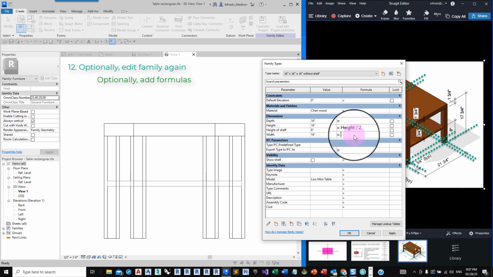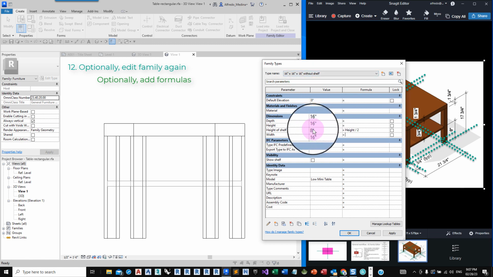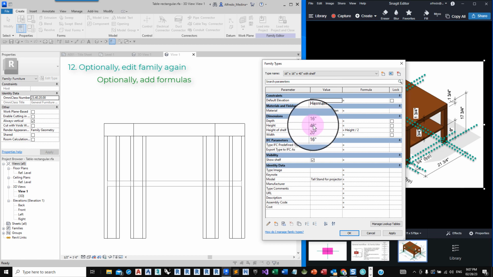And click somewhere else. Now this formula applies to all three types. So notice that now that we have the formula, this value is half of height. And if I go to the tallest table, which is 40 inches tall, now the height of the shelf is 20 inches.